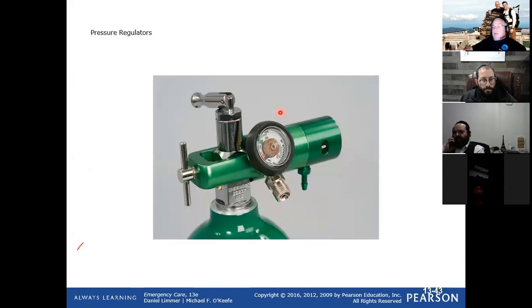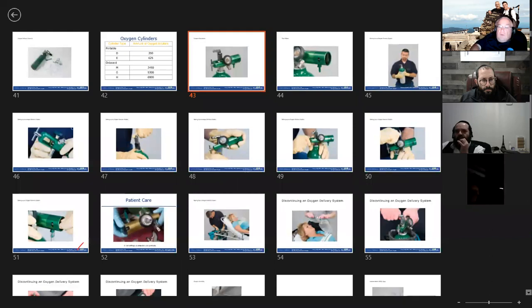Then we have a regulator, okay, that is hooked up to the oxygen tank. So this is the tank and this is the regulator. Inside the tank, the oxygen is at 2,000 pounds per square inch. That's way too much pressure for a person to